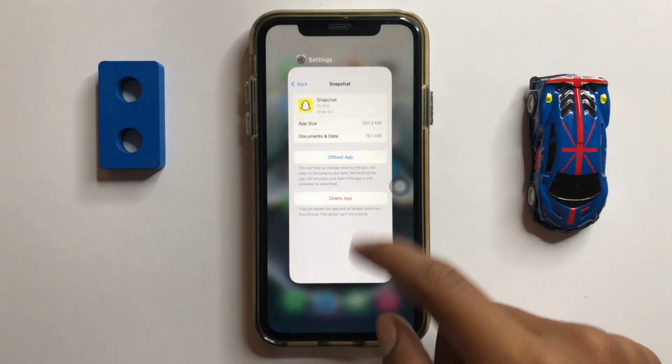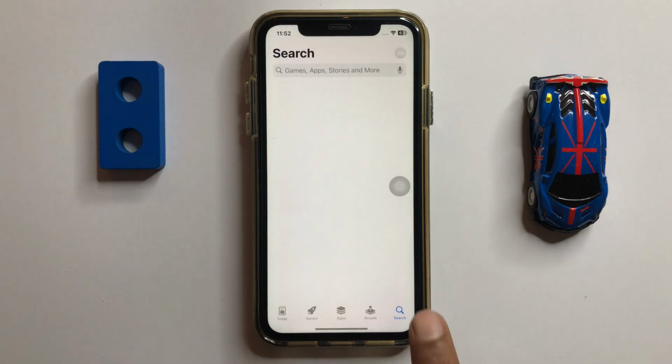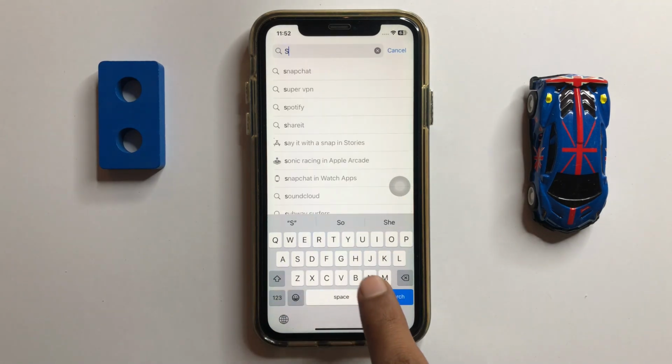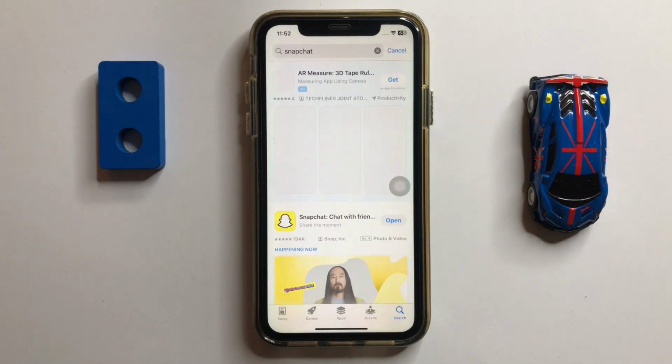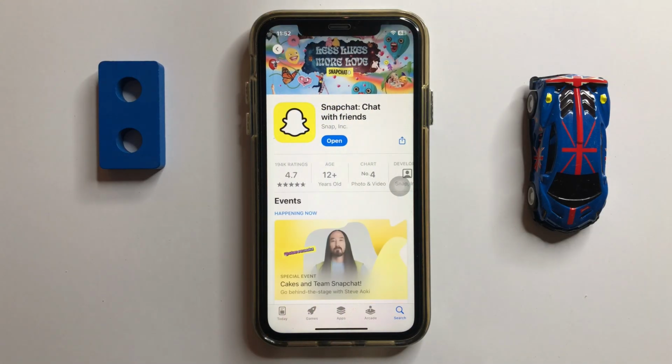After installing it, then go back and open your app store and search here Snapchat. And here you can see it will update or not. First of all, update your Snapchat. After updating your Snapchat, your problem will be